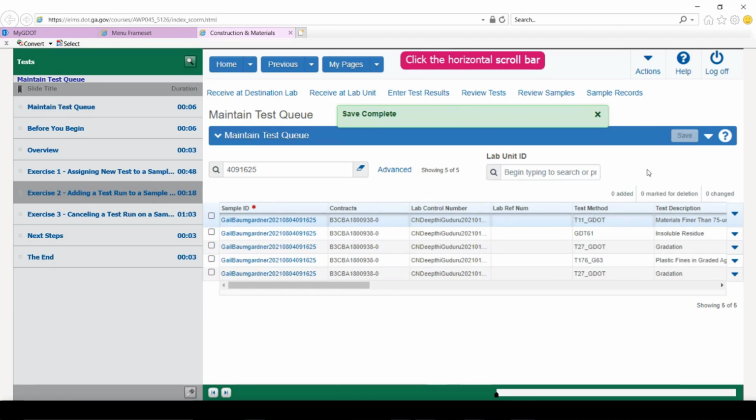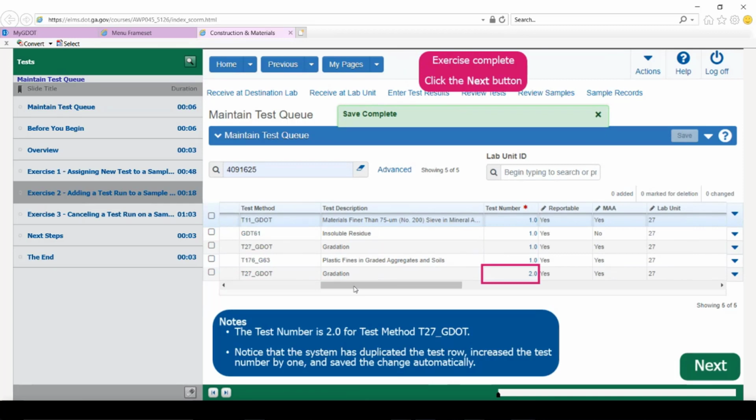But we're going to take a closer look at it on this horizontal scroll bar. If we move over here to the test number column, notice that you now have 2 tests available. Test number is 2.0 for test method T27G. And the system has duplicated the test row, increased the test number by 1 and saved that change automatically.